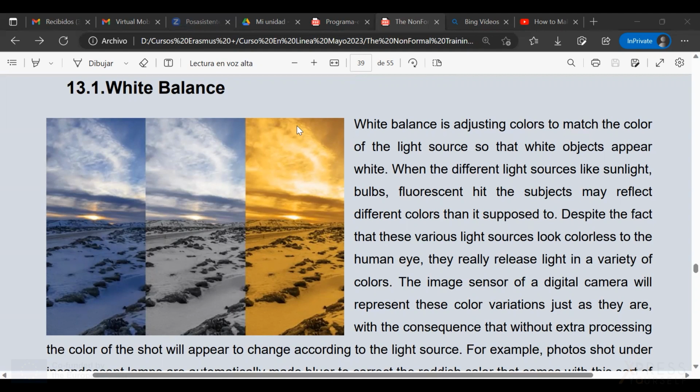And here to the right, you see everything is yellow. So the sky that was supposed to be blue has a yellow color. And again, the snow, which is supposed to be white, has a yellow color. So here will be the balance, but